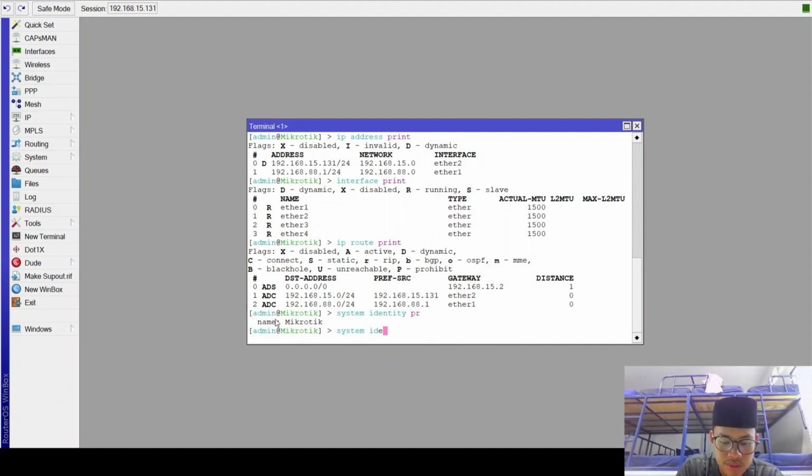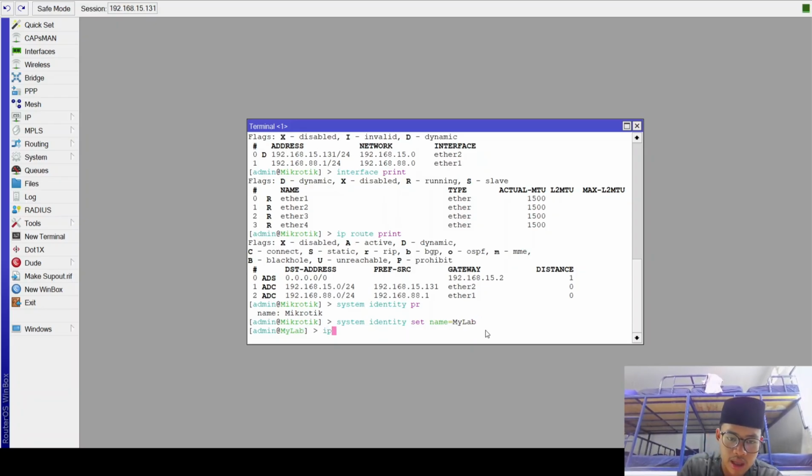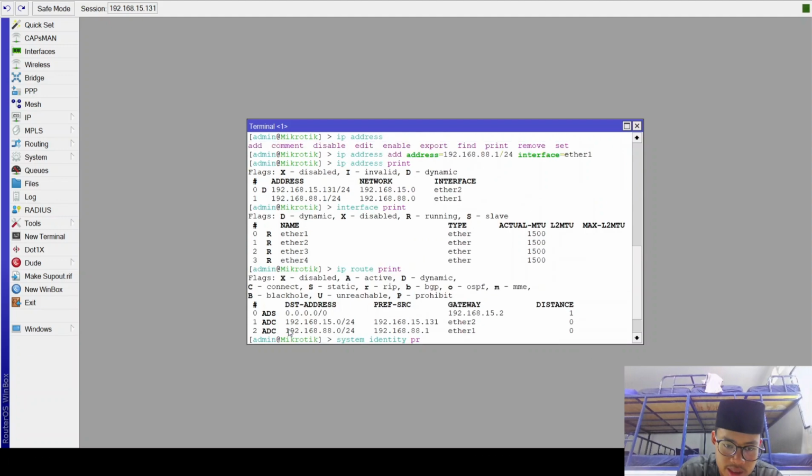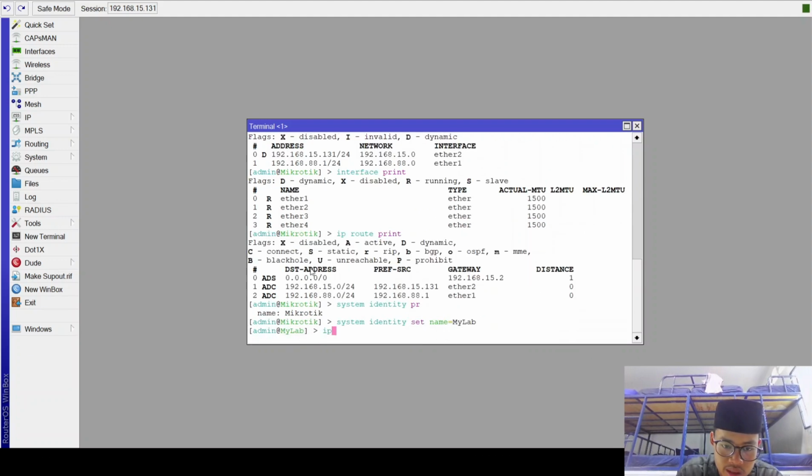system identity set name, for example my lab. But guys, my lab is set, then see, this changed the name from MikroTik to my lab.